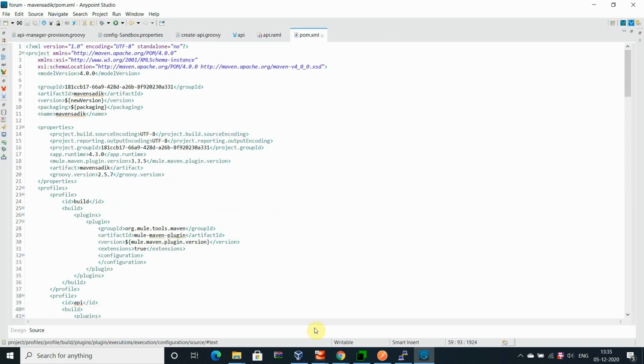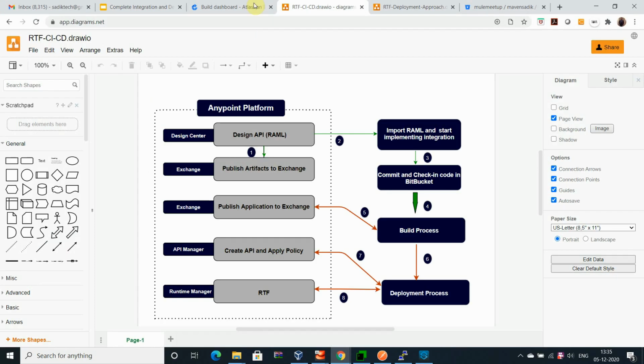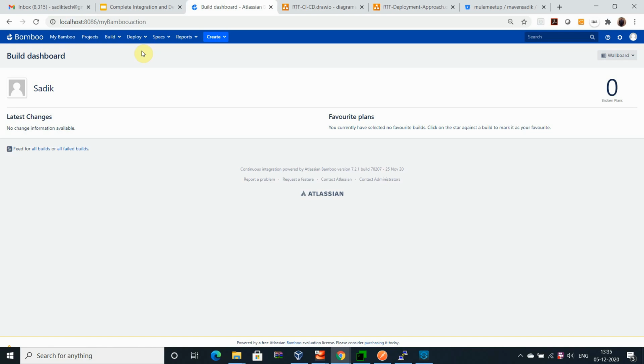Okay, how it works. Now the changes I have done, the property files and POM file changes, I'll go along with the Bamboo server. Okay, let me go to the Bamboo server. Associating your Maven Bitbucket repository with the Bamboo server, that part I'm not going to explain because there's a time restriction here. Definitely you can go to create plan and create deployment project, create projects. Okay, and then you can associate your project with the plan, and the plan to the deployment project.